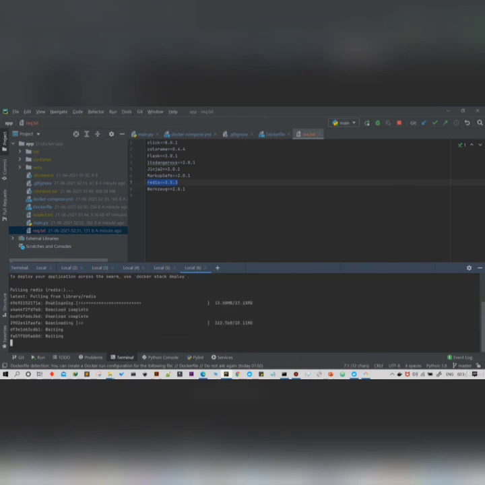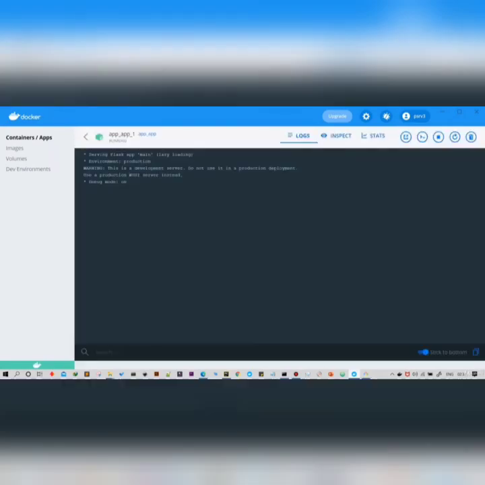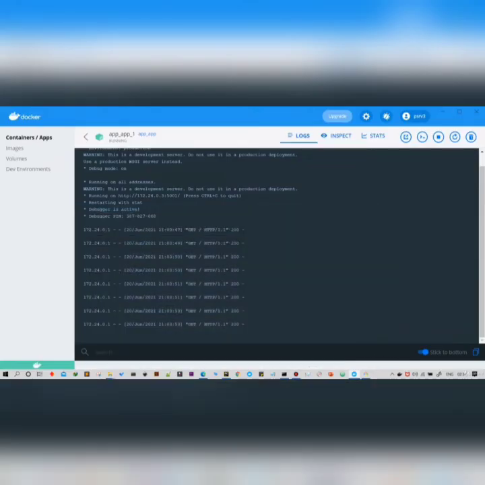All the things are started right now, and our application is now running. You can find it here. Whenever you refresh the page, it will increase the count, and now we have two containers. One is our main Flask application, and the other one is the Redis server, and here you can find all the logs related to your main Flask application.